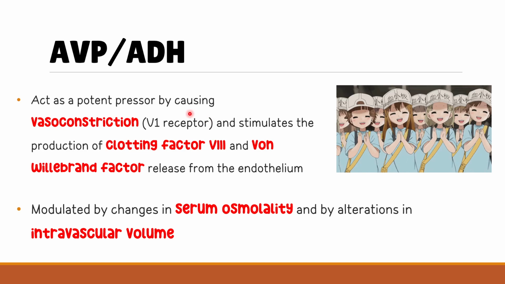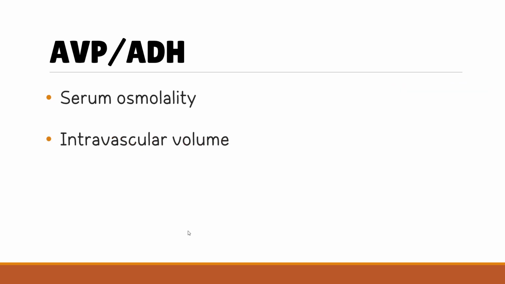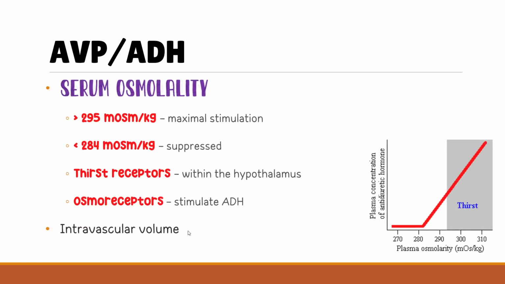And the activation of your V1 receptor is being modulated by any changes in our osmolality and if there are alterations in your intravascular volume. So now let's focus on serum osmolality and intravascular volume. So again, when we say osmolality, this refers to the concentration of your solute. When we talk about intravascular volume, this talks about the water content in our body. Now with serum osmolality, kids,